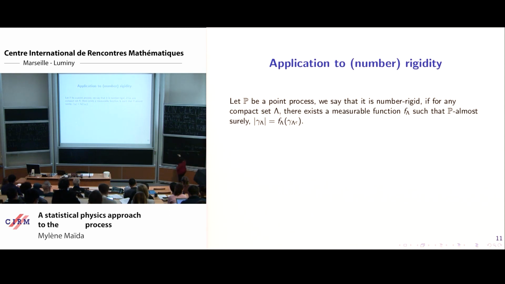So I cannot have a configuration with 2 points and a configuration with 3 points with finite probability. Of course, I mean not of course, but f lambda is not explicit at all, and it's not constructive. It's just the existence of the point process. So it's a pretty fascinating